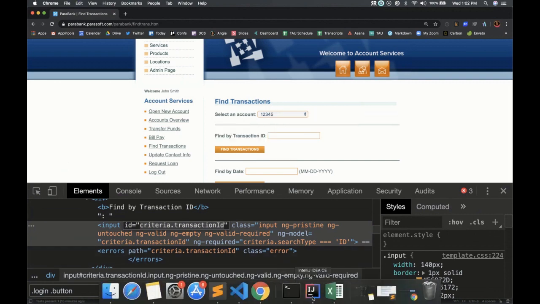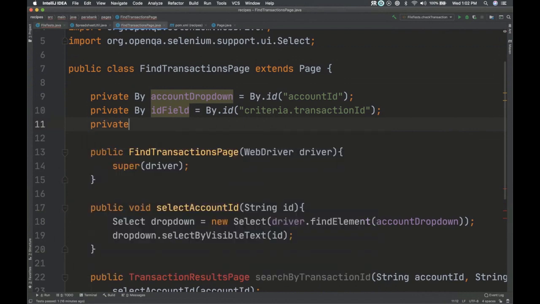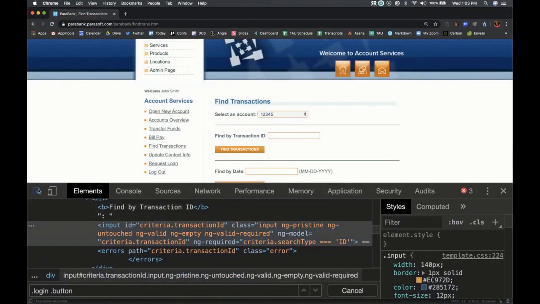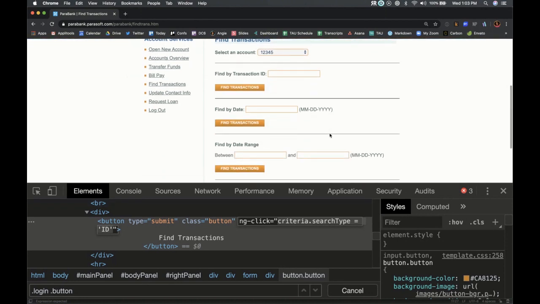Very nice. All right, by ID. And the button. Our luck is up. No, no ID here. I see this criteria search type on this Angie clicky thing. Let's see if we can use that.